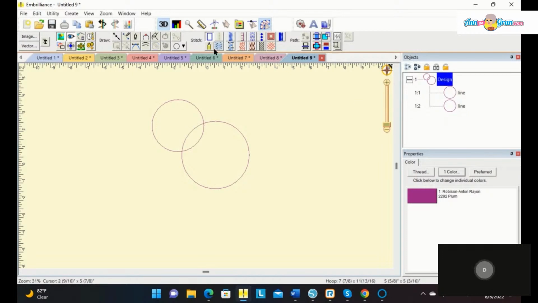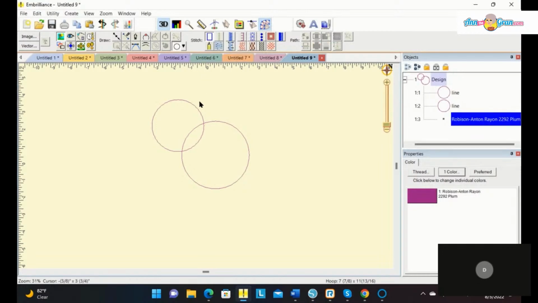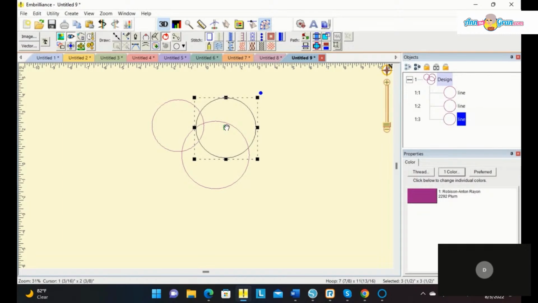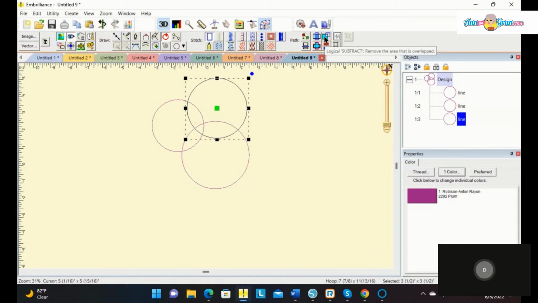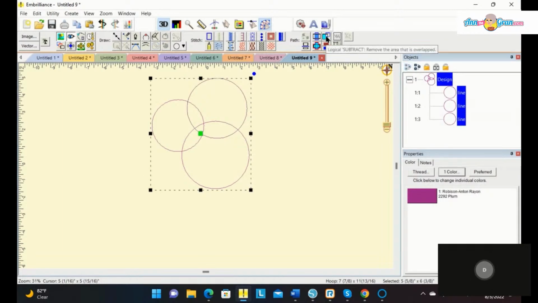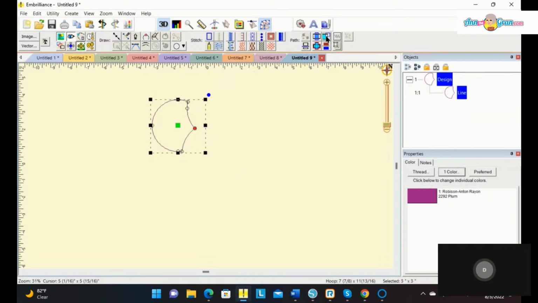And I'm going to add one more circle. This is going to subtract or remove the area that is overlapped. So let's select all. Let's click on subtract or remove the area that's overlapped and see what that did. It removed everything that was overlapped except for this one little section here. Let's undo that